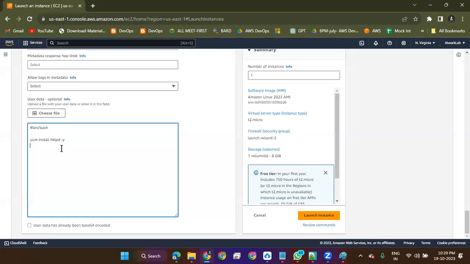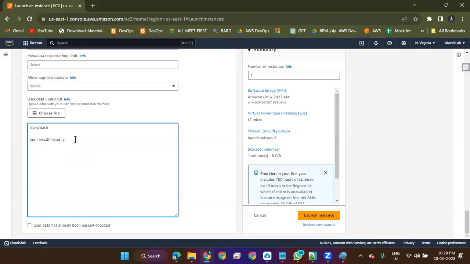httpd is different. HTTP is different. httpd is a web server service from Apache, and HTTP is a protocol. Tomcat and httpd are web services, web server tools.